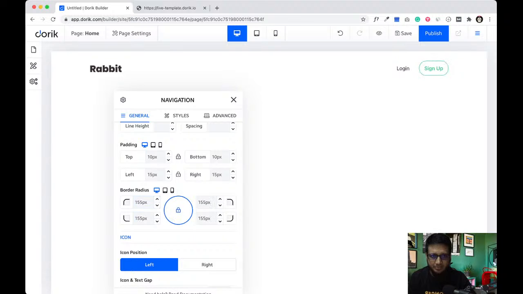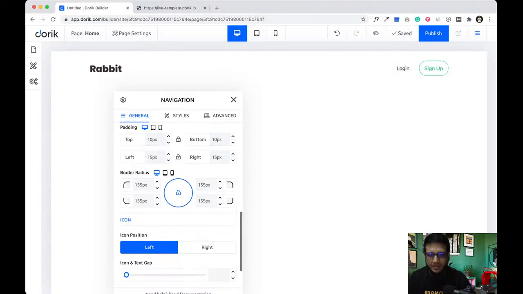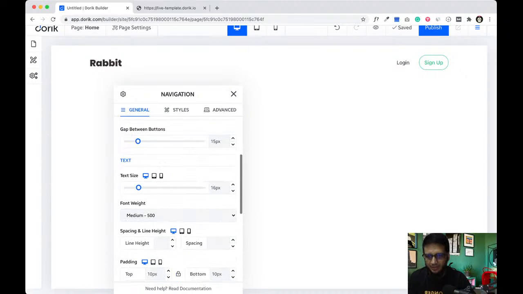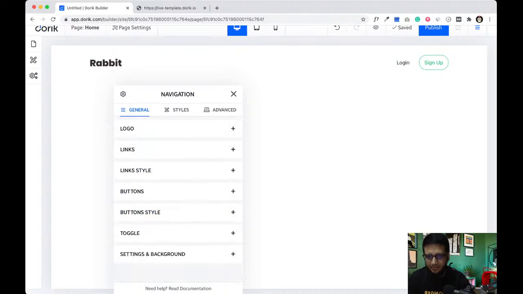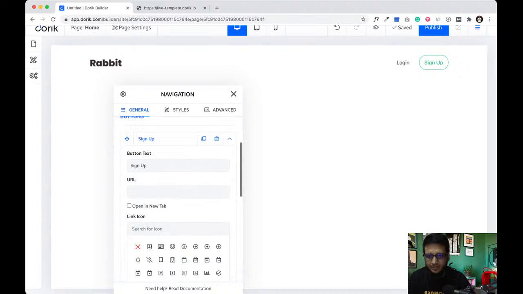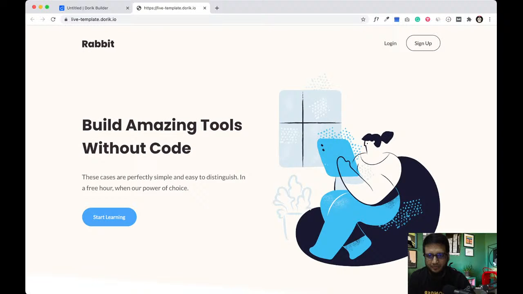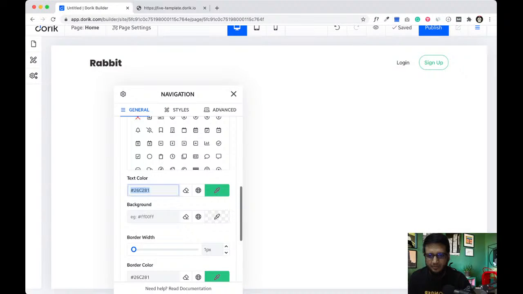Here it is, the pill style is here. And now we are gonna change our button colors. I'm gonna change the text color. Text color is the same old one, like this one. So I'm gonna paste it here.